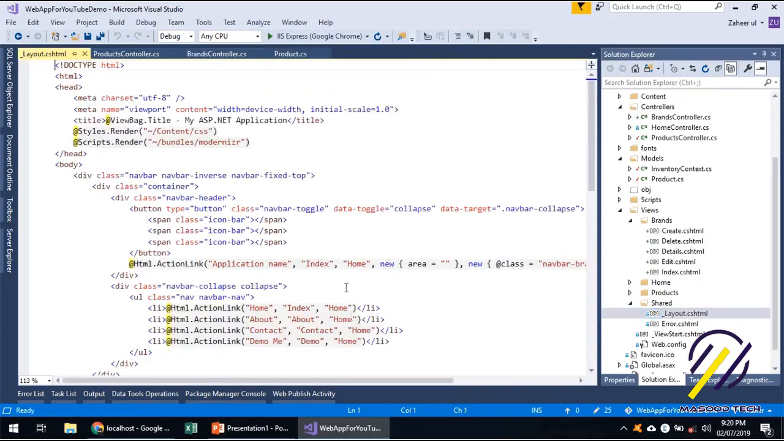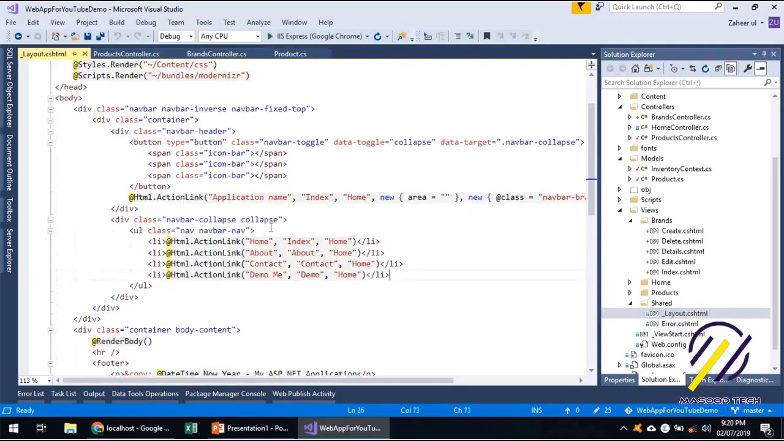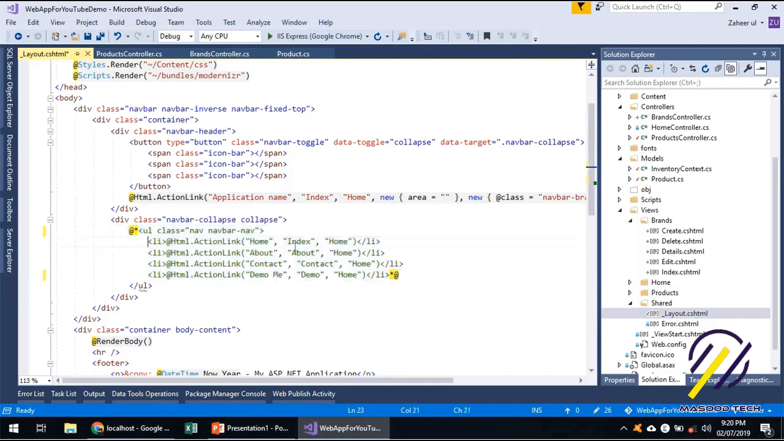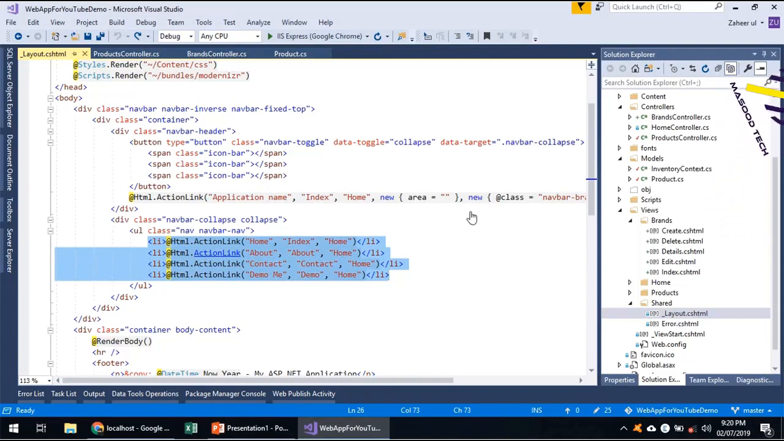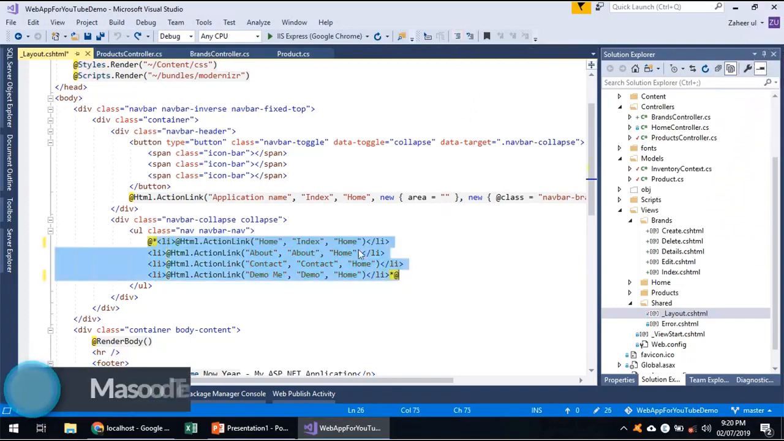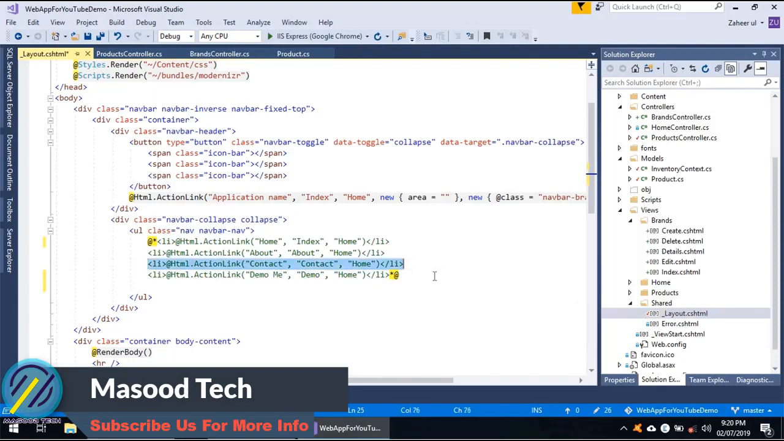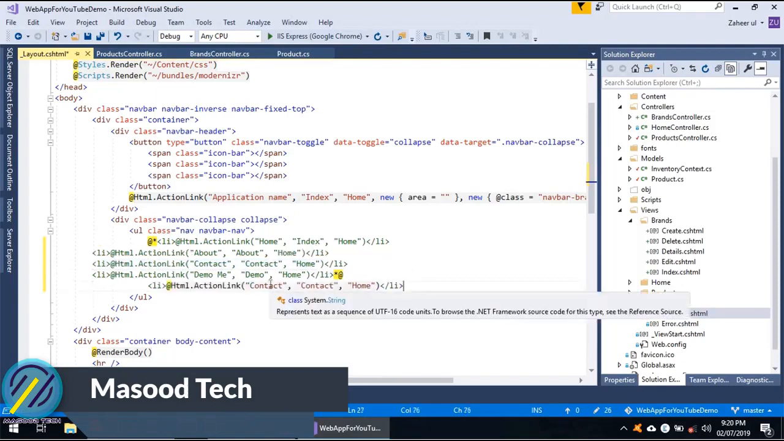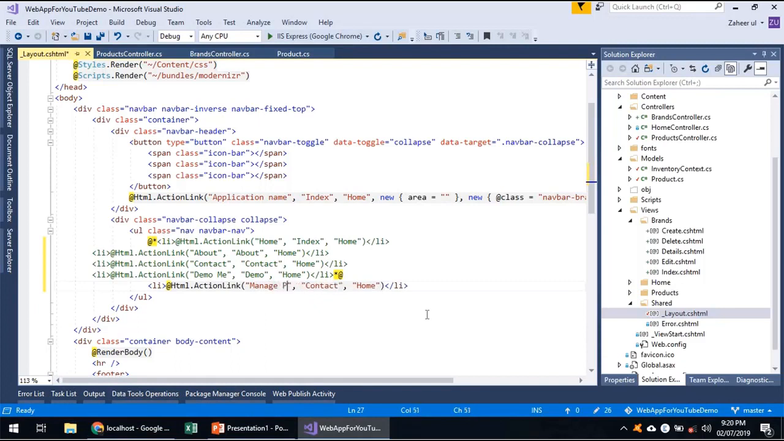So go and share layout, and I'm going to modify this, and we don't need home, about and contact for now. Let's say for example I'm going to comment these lines, and I will add action links to the manage products. So the index of products. Similarly, I will